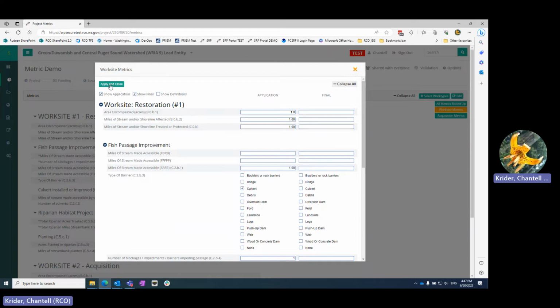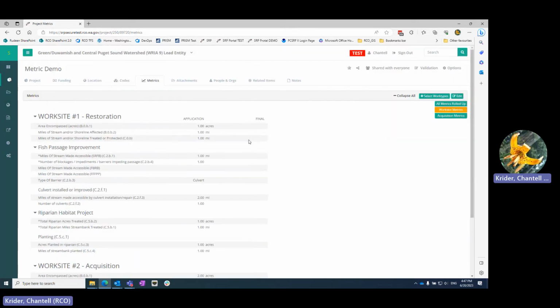Notice I'm adding application metric values. I did not add final. That's because the project status is proposed. Once the project status has been moved through the life cycle from active to complete, that's when I would add in the final